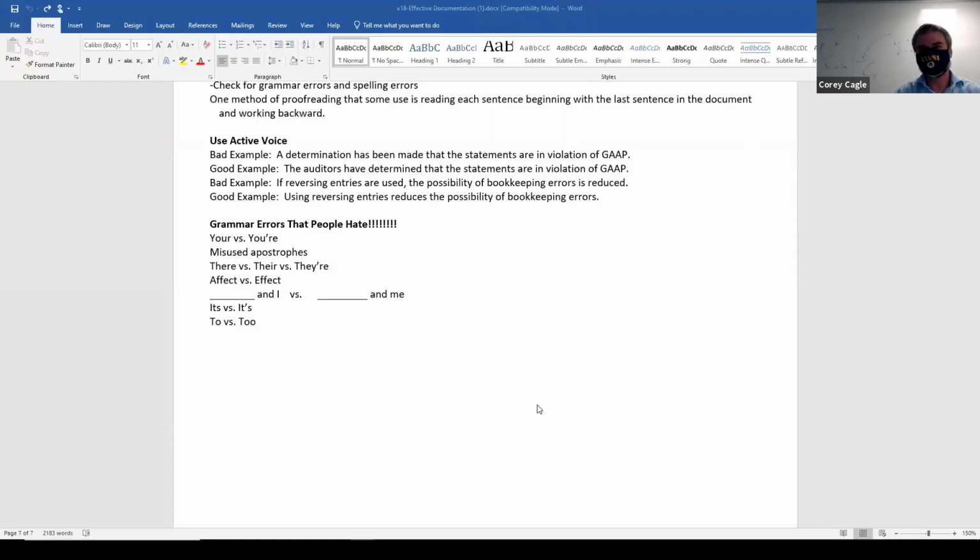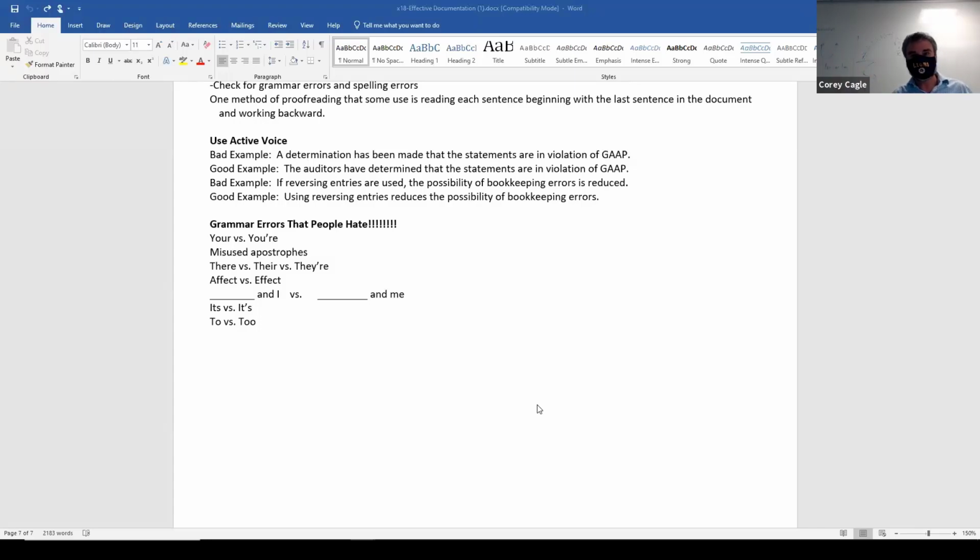Misused apostrophes, they get about as mad about that. Their, there, they're. This is apostrophe, like what? Oh, people do it all the time. They make something possessive that isn't possessive at all. Oranges for sale, oranges apostrophe S for sale. Okay, I don't know why I thought of that, but yeah, people do stuff like that. Oh yeah, so be careful with that. There versus their, the different uses of that.